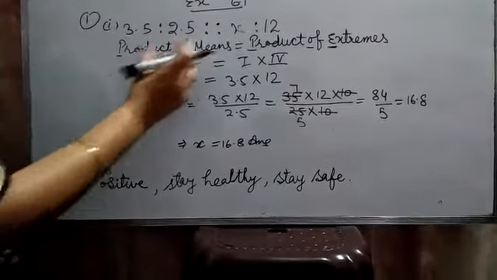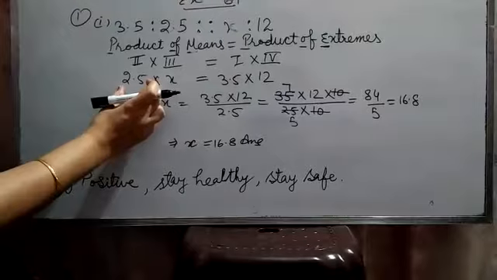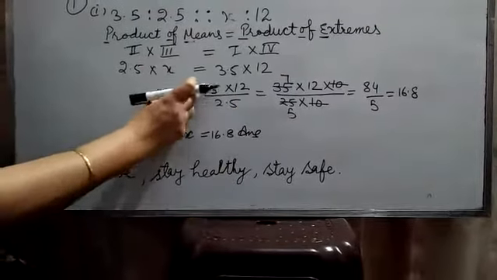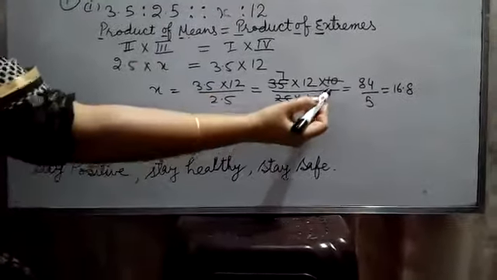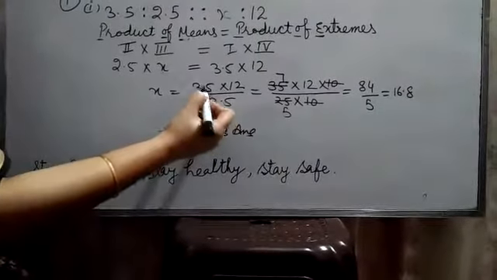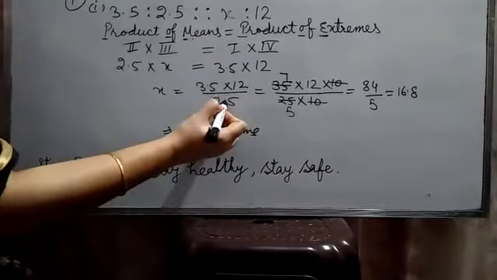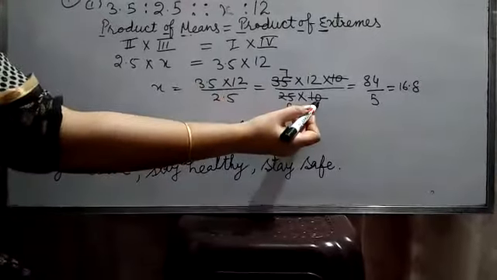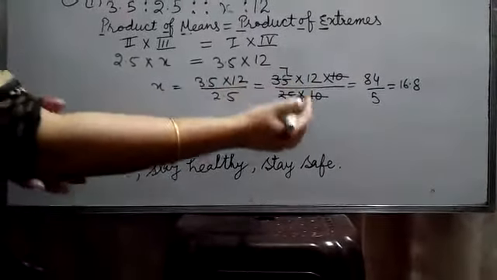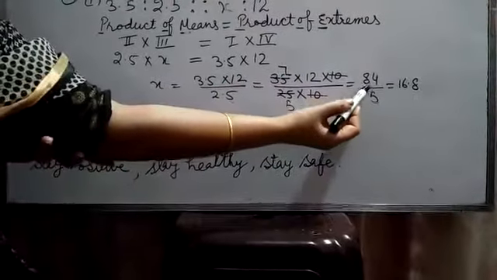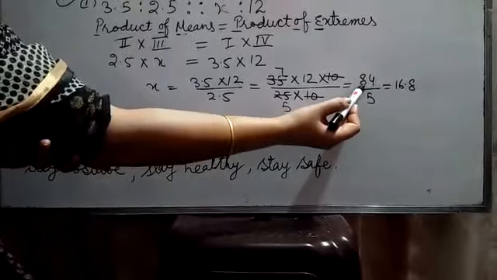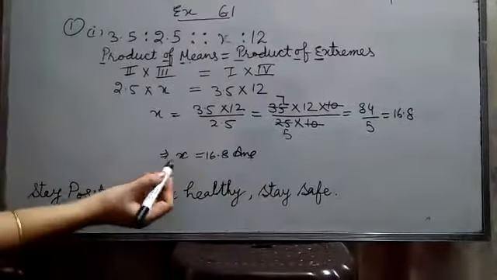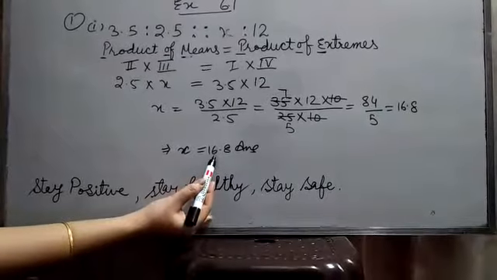Take this 2.5 to the other side. It is multiplied here. Moving to the other side, it will be divided here. Removing the decimals, we get here 10, here also 10, because both the decimals are removed. Removing this, on the numerator you get 10. Removing this, you get 10 here. Now cancelling it, changing to the lowest form, you get here 84 by 5. Dividing 84 by 5, you get your result 16.8. Means your x is equal to 16.8.